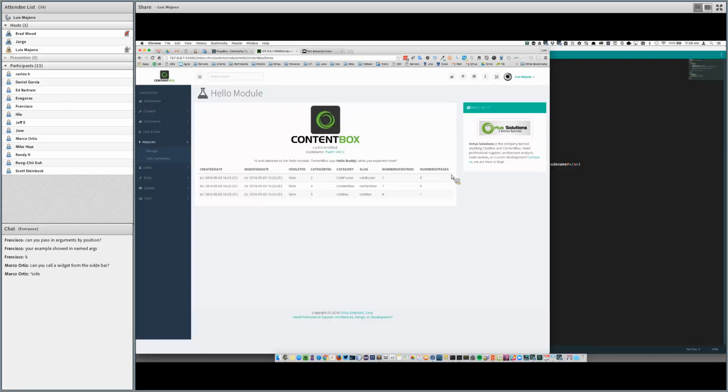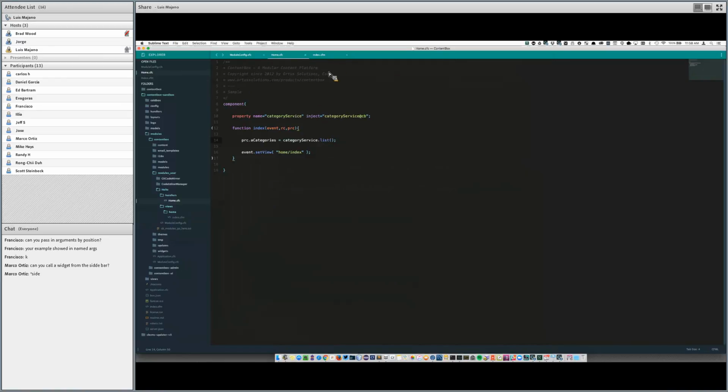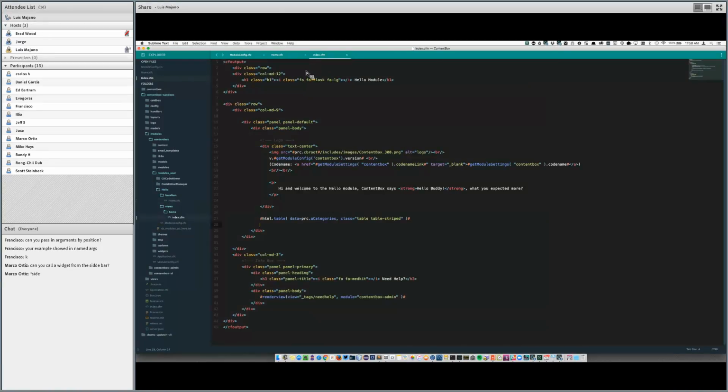So I'm going to, I don't know what they are, so I'm just going to use the HTML helper to create a little table. PRC.categories. And that's it.